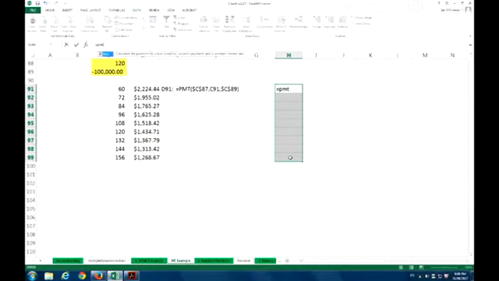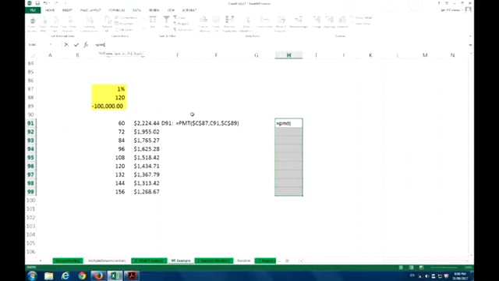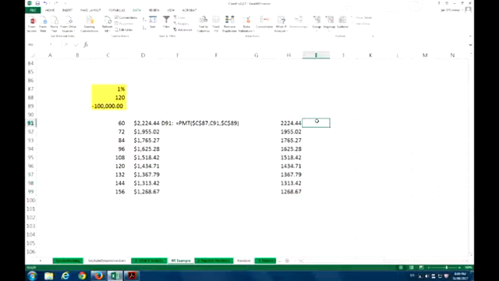equals PMT, short for payment of an annuity. Here it is, after, for example, the rate, my rate cell. Probably should make it absolute again, just to be on the safe side. My number of periods is coming from a vector, and the amount borrowed is coming from that one. Probably should make it absolute as well, just to be on the safe side. Okay. Press Control-Shift-Enter. There's the same answer on screen, and that's how it's done